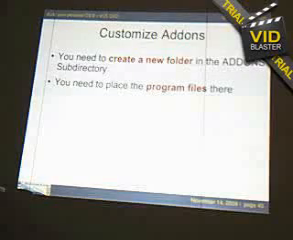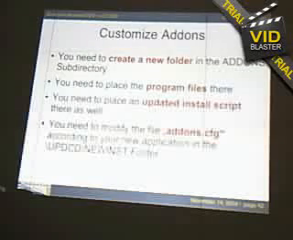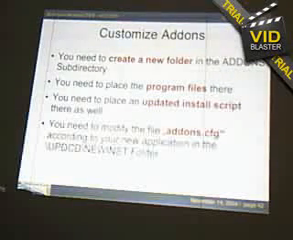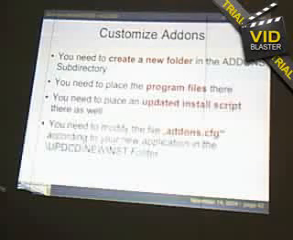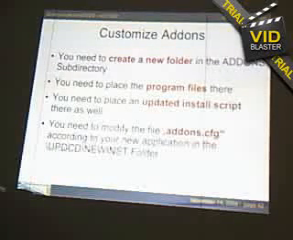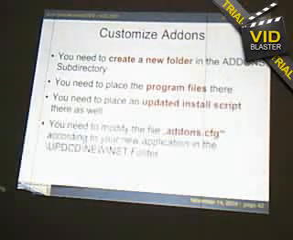You have to place a program file in this add-on, and you have to place an install script there. And you need to modify this file, addons.cfg. This is the file that the installation program reads to know which add-ons I have. And then during installation, a check box appears with these 80 entries, and you can check, I want to have